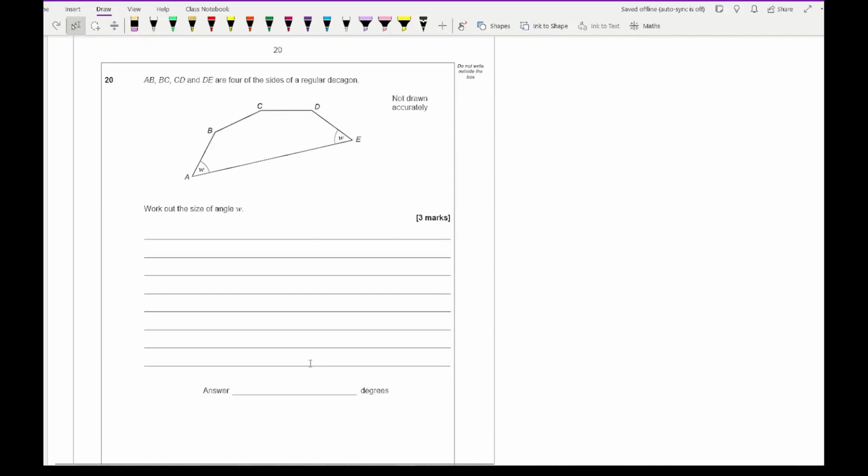Then moving on to question 20, it says AB, BC, CD and DE are 4 sides of a regular decagon. Work out the size of angle W. Now for this, in terms of key facts, a decagon equals 10 sides. Now to work out the total sum of angles in a decagon,